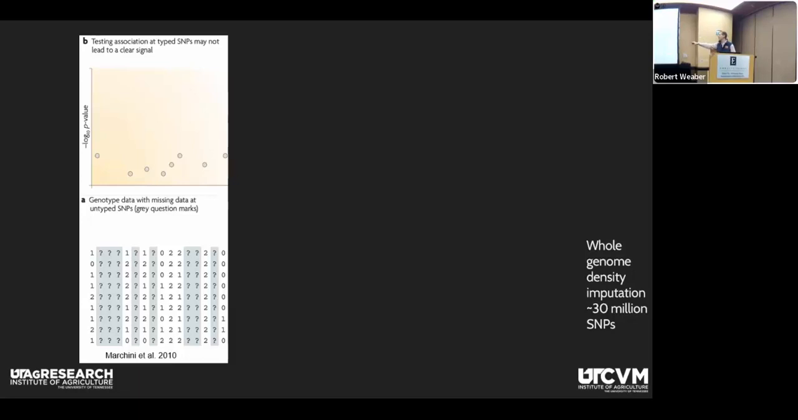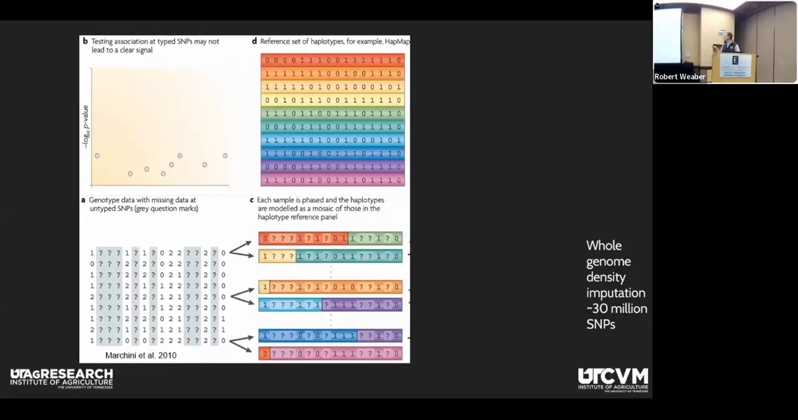So in this case, we might have a subset of data, right? This is a reduced representation, array-based genotype. And as we utilize that directly in a genome-wide association study, we're likely going to be missing some of the variation that might be causal or that might be most significantly associated with our causal variant. What we do with